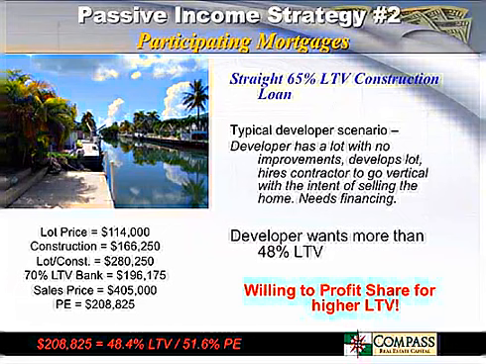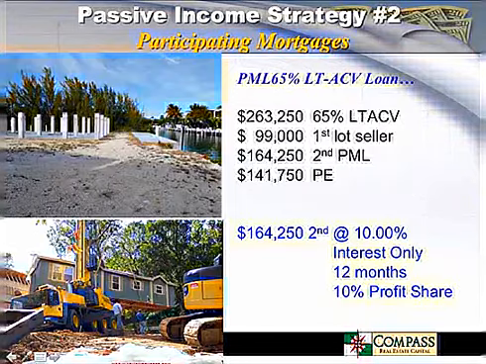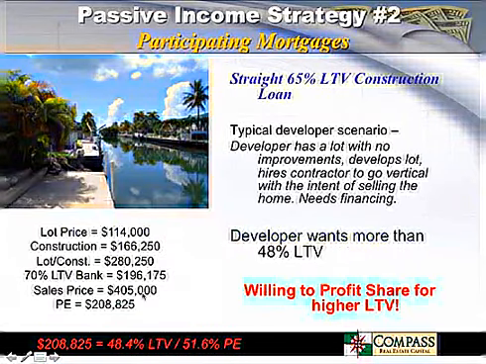Again, for a developer who wants to do multiple properties, 30% skin in the game times several homes gets to be pretty capital intensive after a while. So a developer is always going to look for more. And the reason why is the bank will say they'll give 70%, but if you look at it, the sales price, when that developer is done, the sales price is $400,000. So there's